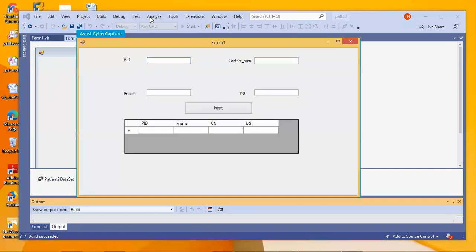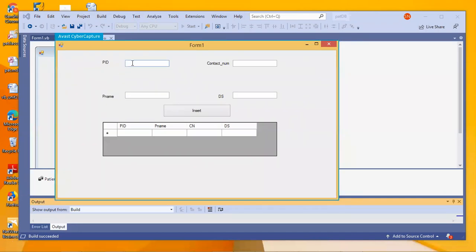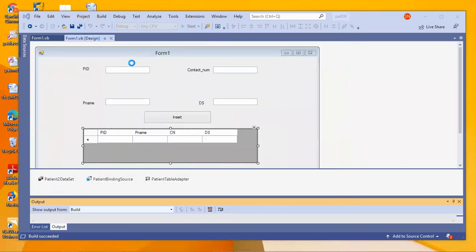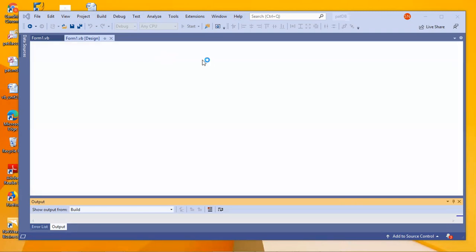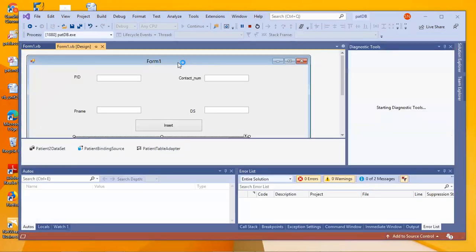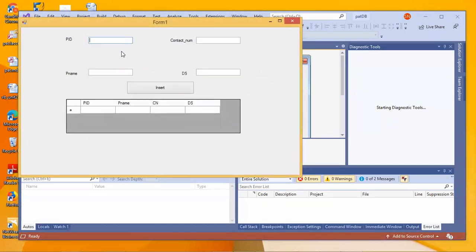Yes, so it has given an output. It is asking me to enter a PID. So let me give a PID as 1.